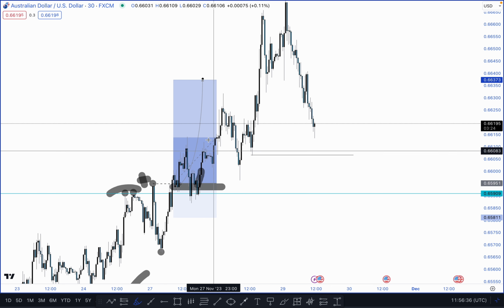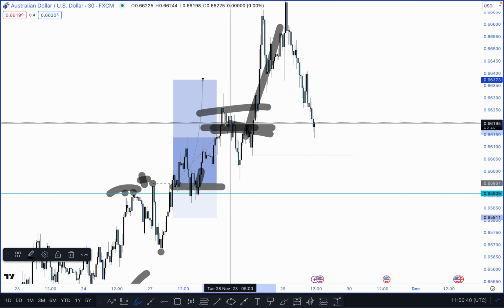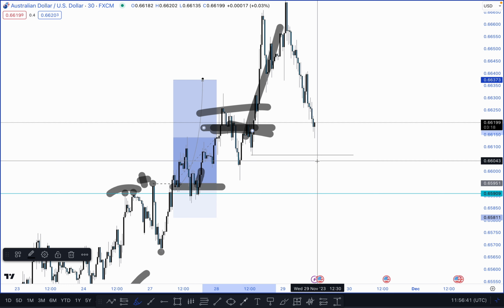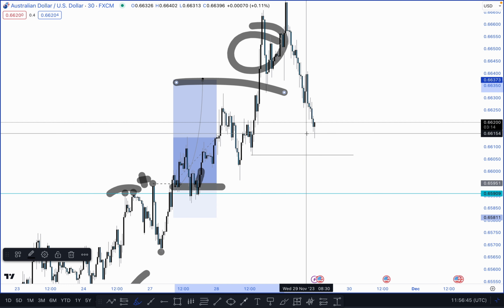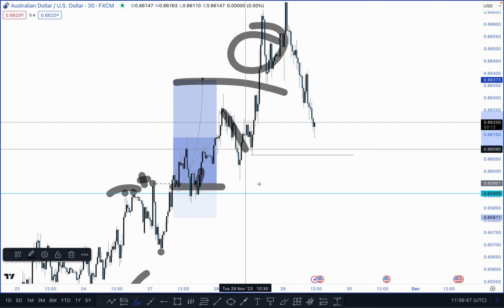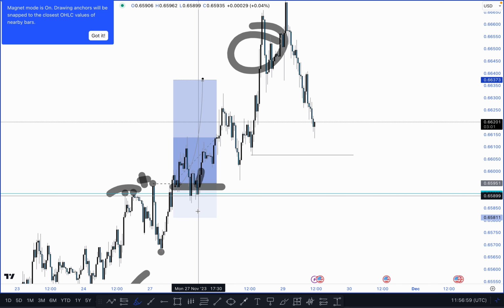However, if it's a good trade, then I don't want to miss out on the profits by closing the trade earlier because I panicked. So if it's a good trade, I want to know that it's a good trade by it reaching my TP, and if it's not a good trade, then I want to know by it coming back and hitting my stop loss that it's not a good trade. So I can then put it in my journal and analyze it later